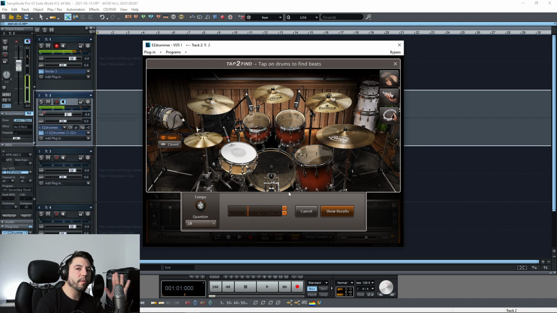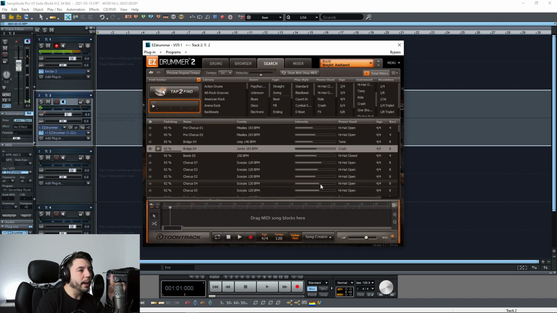So if you are looking for a very specific kick drum pattern that you can copy into another drum groove to create a completely new drum groove, you can do it this way. You can basically just enter one single instrument, and if you click on show results, it's going to give you beats where at least the kick drum is matching. Okay, this is very cool because